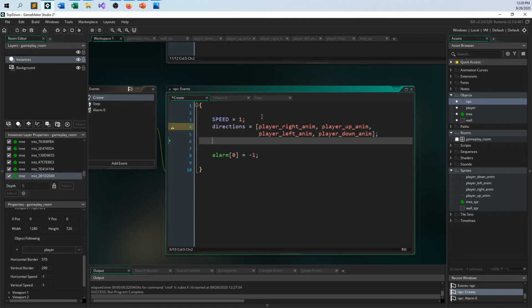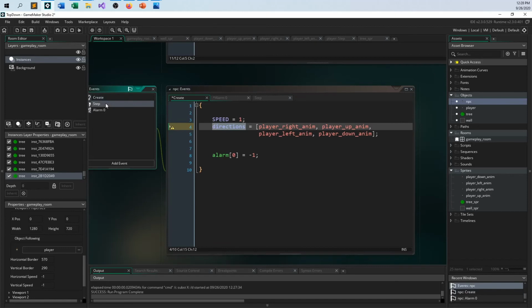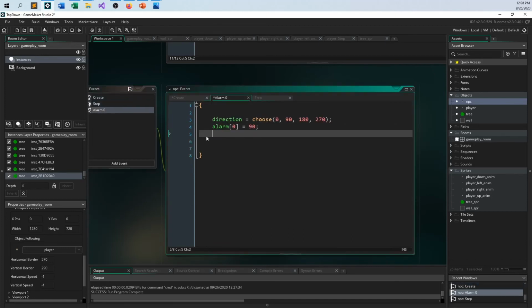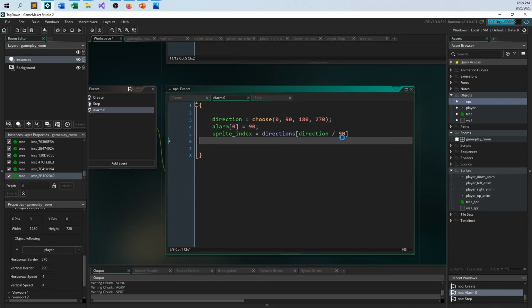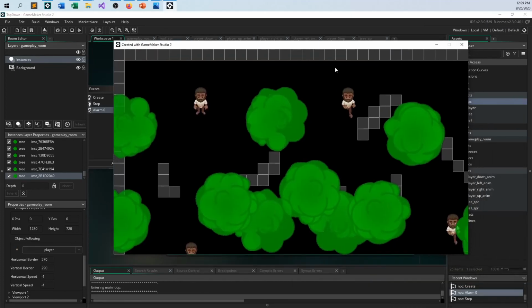Directions, all right. And so I can play with that thing over here now in the alarm event and say that the sprite index is equal to my directions at this direction divided by 90 this time instead of 40, because it'll be 0, 1, 2, or 3. Let's see what happens. Let's see if at least it changes directions here. They all go. Oh, they're not doing like